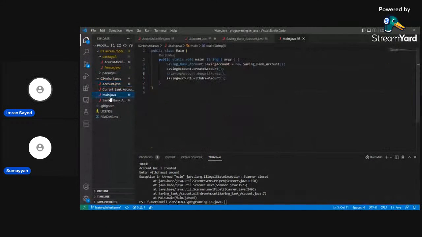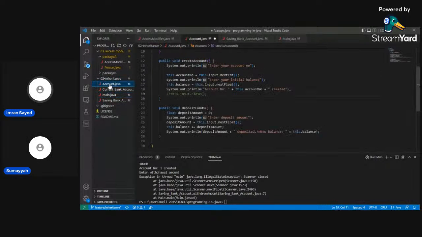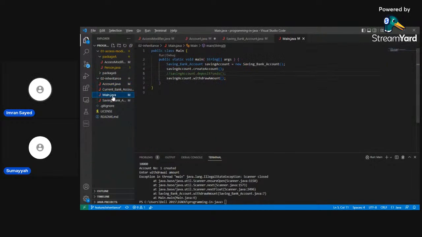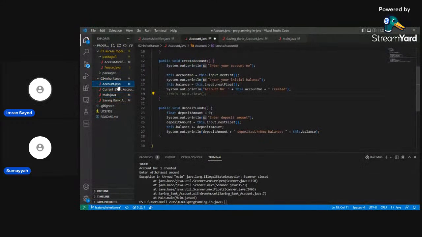But that's gonna be a problem, right? It's gonna be an issue that way, I think. Maybe we can put this dot input dot close into the finalize method. Finalize or final? That way input will get closed when that object is destroyed.